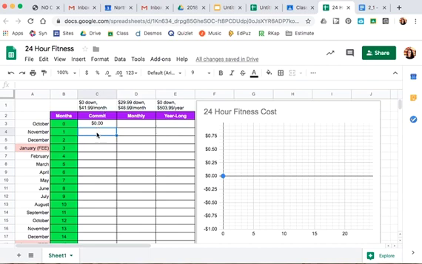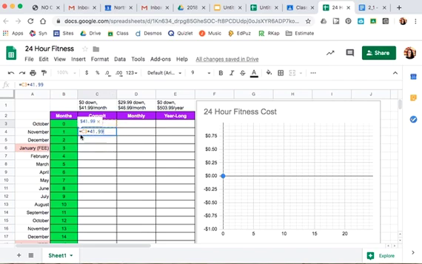So I could, of course, type in $41.99 right here, but what I really want to do is use the power of a spreadsheet to help so that I don't have to type in a whole bunch of numbers. So here's the trick. You click in this box and you put an equal sign. What that does is it lets Google Sheets know that you're about to type in a formula. What I want to do here is take the previous month and add $41.99 to it. So instead of typing in a 0, I'm actually going to click in this cell because this is October. So I want to take whatever it cost in October. And you can see C3 is this cell, C3. And I want to add